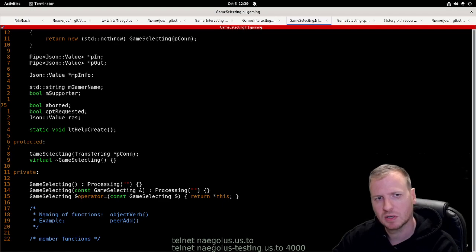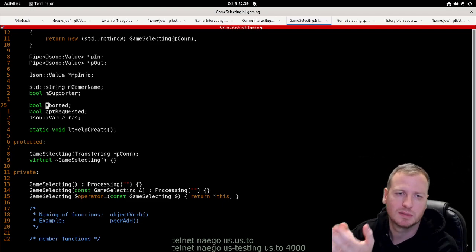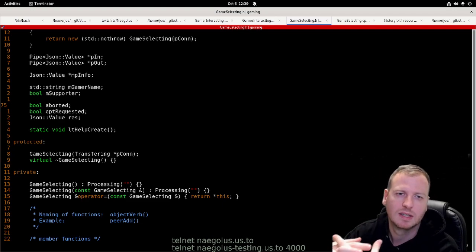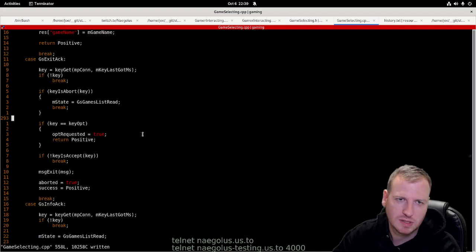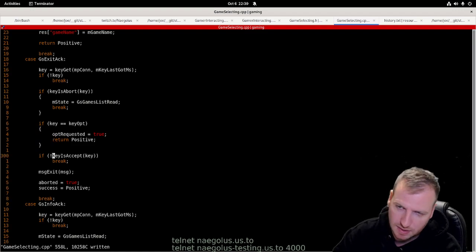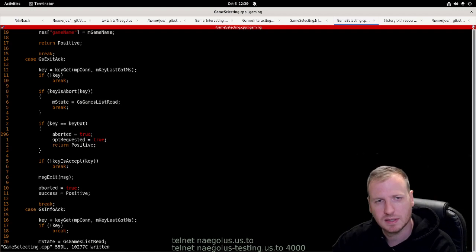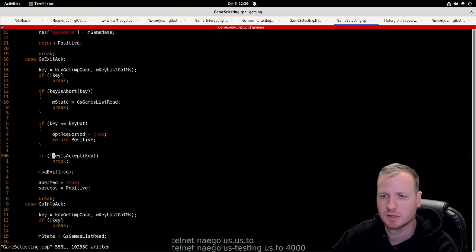It's not aborted, because aborted means this process has been aborted, but it can be aborted because of two things. The user wants to exit the server, or it gets aborted because the options dialog has been requested. That means I could do this if I stick to the meaning of aborted, but I don't want to use it anymore. I want to say